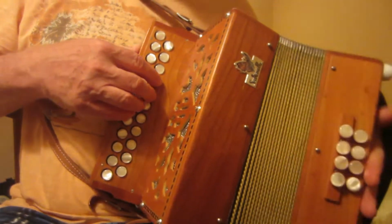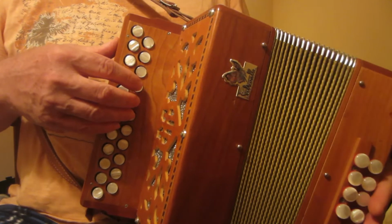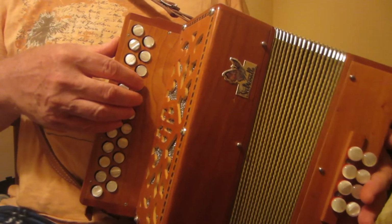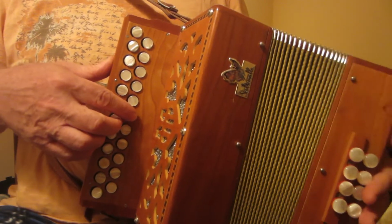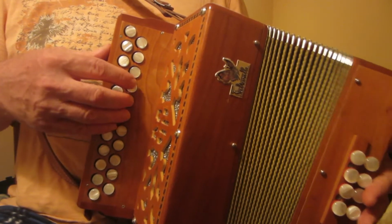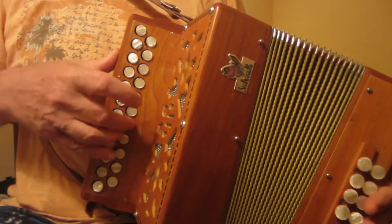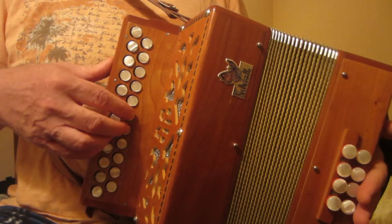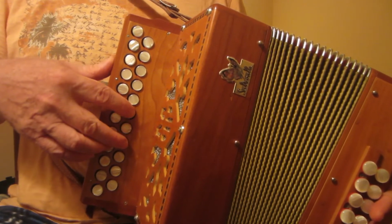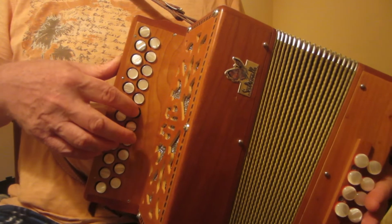Now for the next passage, we played the first 2 little phrases, if you like, the first 2 bars in 4 different ways, but we always end coming up the scale, and we end up with our index on this B, and that's very important because the next phrase we're perfectly positioned with the B, and here's where the next phrase goes. We go up to E with our middle finger,